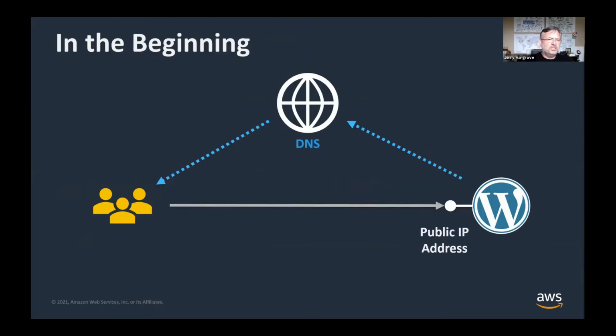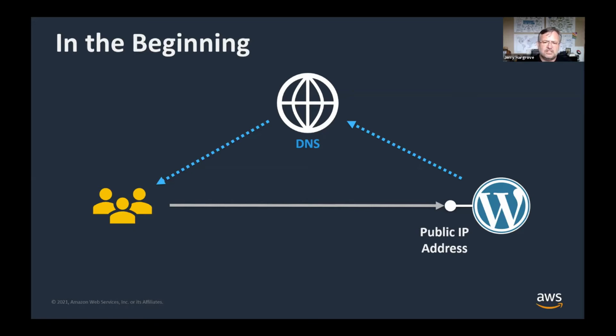When you launch a Lightsail instance, a VPS with the WordPress blueprint, among other things, you get a fully functioning, running WordPress instance inside of a couple of minutes. It can be very quick from the time you click OK to the time you can actually log in as administrator to your WordPress site. As part of that instantiation, you get a public IP address. And with that public IP address, you can reach your Lightsail instance and then use it as the destination for